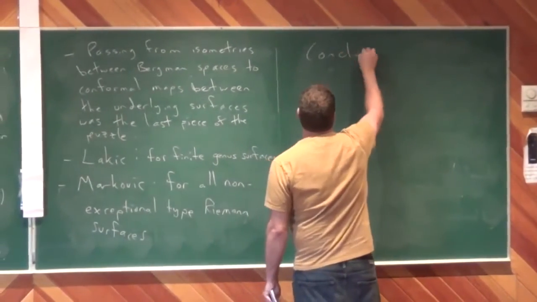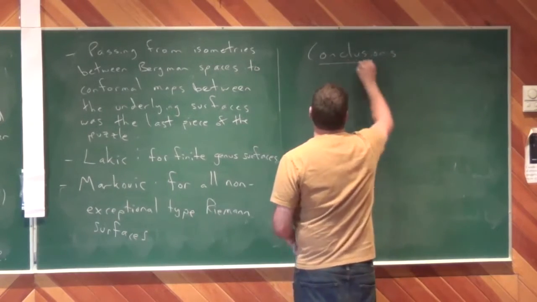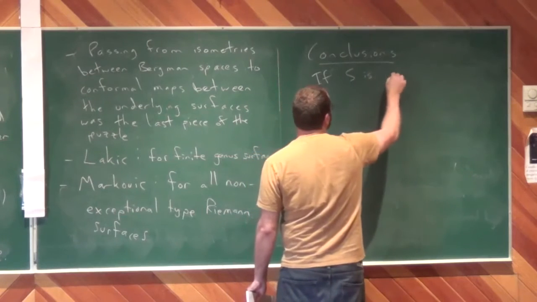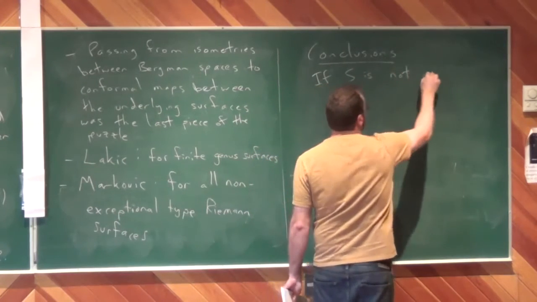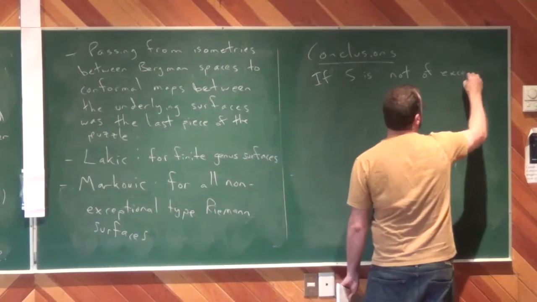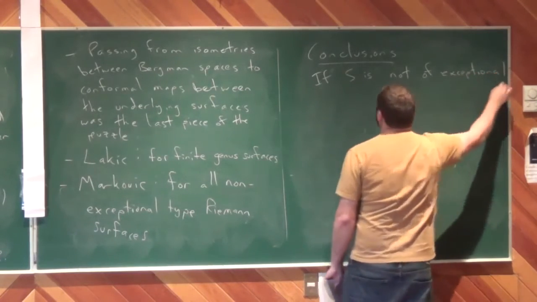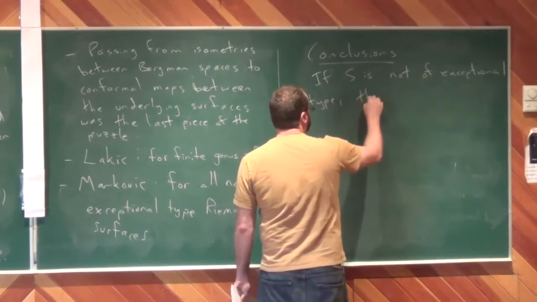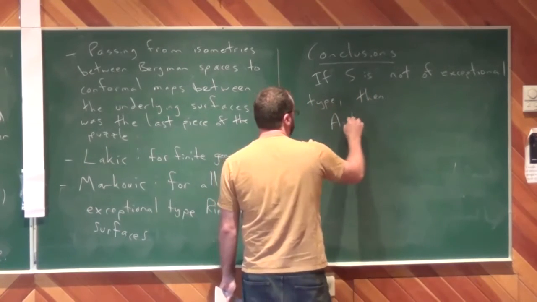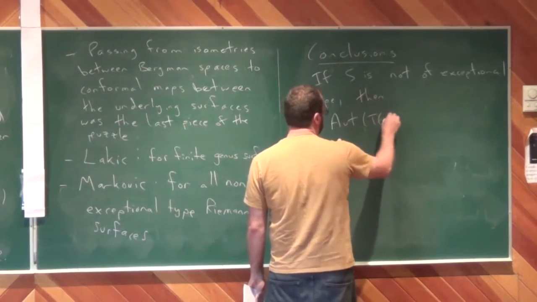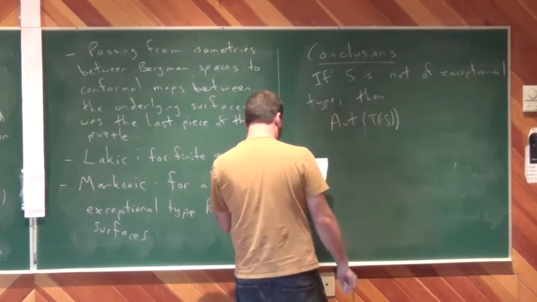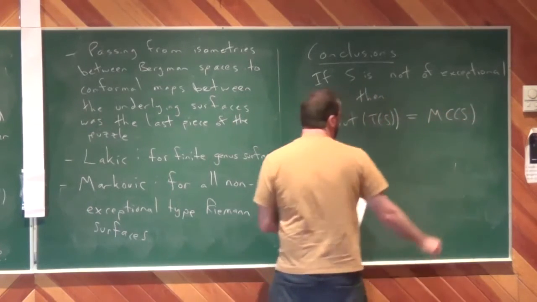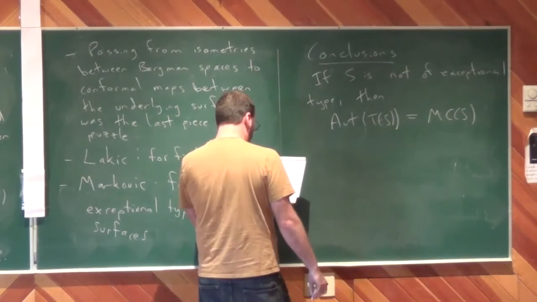So the conclusions, if S is any Riemann surface and not of exceptional type, then the biholomorphic automorphisms of Teichmüller space can be identified with the mapping class group of your surface,